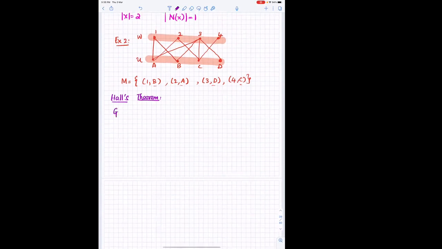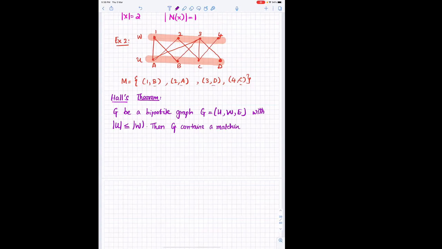I'll write it for you. It's exactly what we learned from these examples. So let G be a bipartite graph. So we have G, which is U, W, and a set of edges. Okay? With U being the smaller set, the cardinality of U less than or equal to the cardinality of W. Then G contains a matching of size the cardinality of U, if and only if